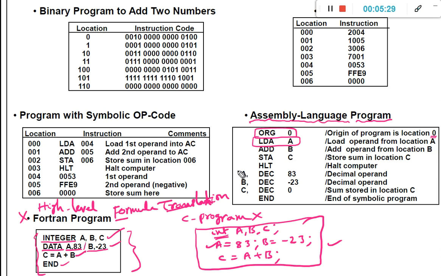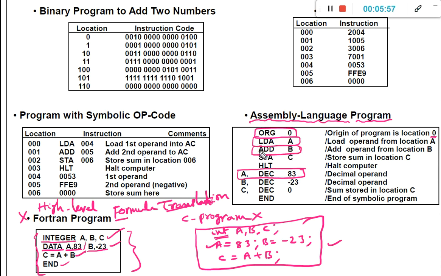For that purpose, we are going to use this particular line of code, A comma DEC 83. DEC represents decimal operand. So this line of code is going to assign the value 83 to A. Next line of code is ADD B.